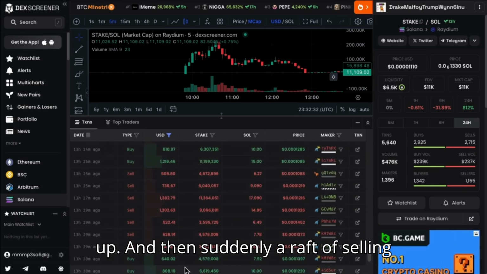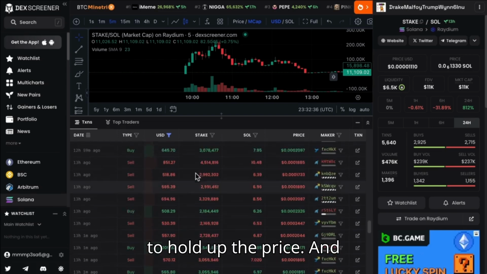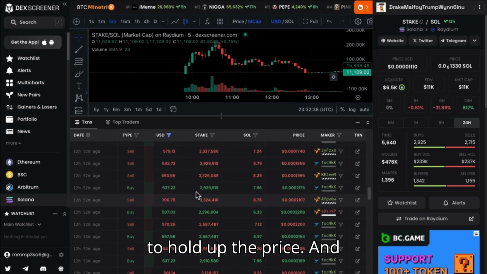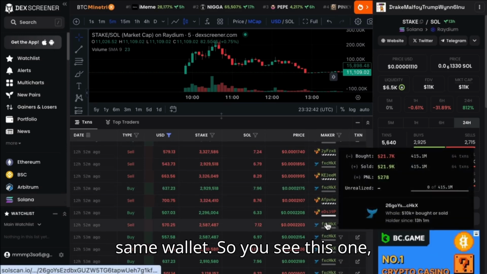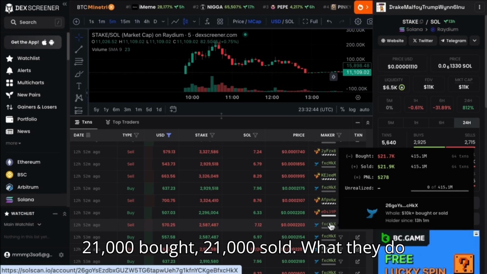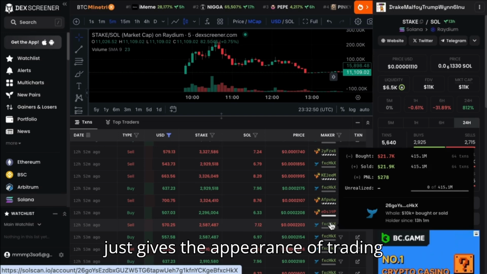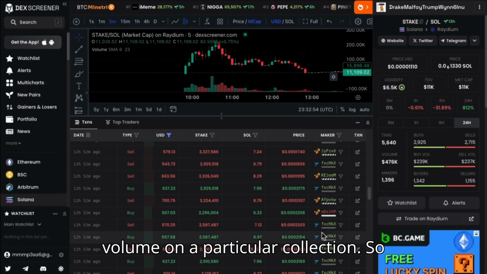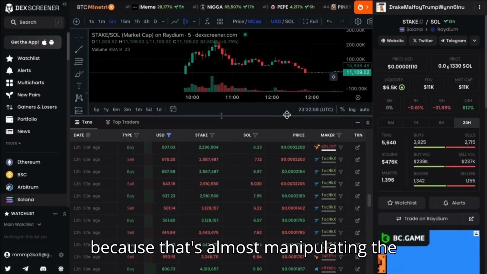And then suddenly a raft of selling here. Still some big buys, maybe trying to hold up the price. And then, well, this is buying and selling. Sometimes what can happen is the same wallet. So you can see this one, 21,000 bought, 21,000 sold. What they do is minute by minute, they buy and they sell and they buy and they sell. And it just gives the appearance of trading volume on a particular collection. So keep an eye out for that as well when you're looking at any new collections, because that's almost manipulating